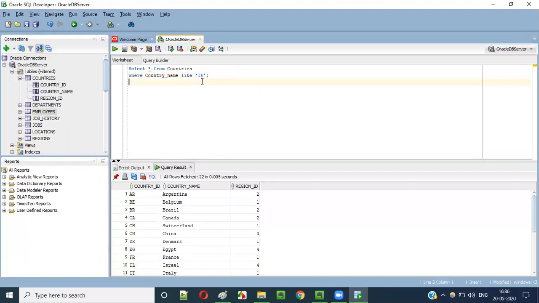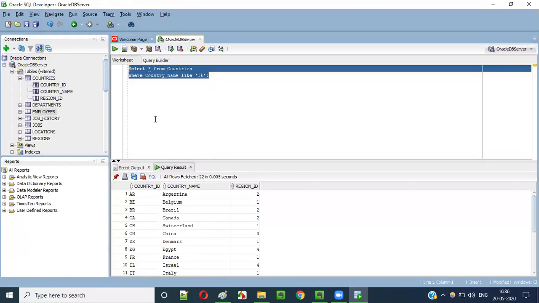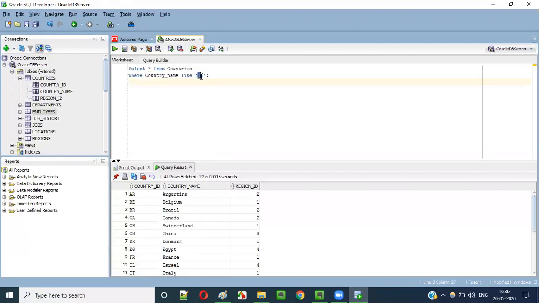Israel is there. In Israel, I is the first letter, and after I, 1 2 3 4 5 letters are there. So Israel will be retrieved using this SQL statement. Then Italy is there. In Italy also the first letter I is capital and the remaining are all small. The first letter I is matching, right? And the remaining, TALY, can be anything. So I followed by any number of letters.